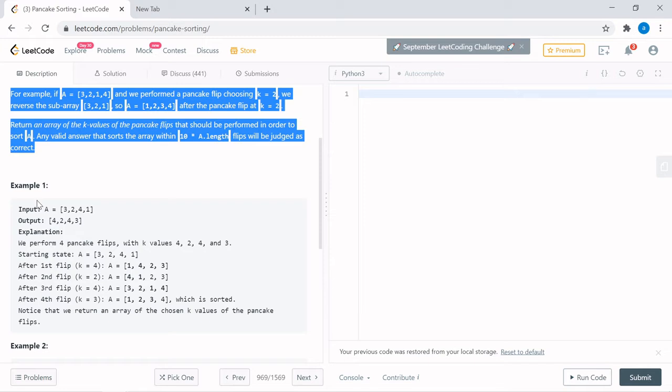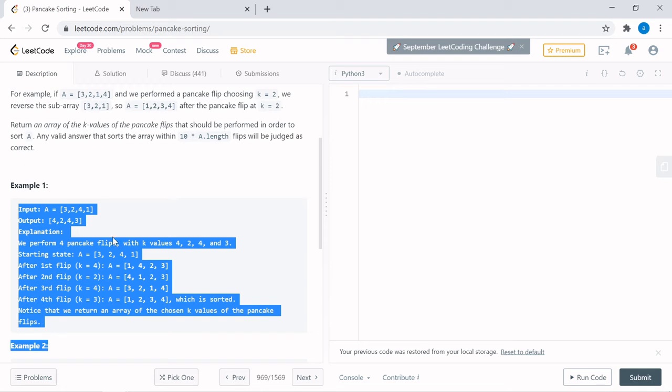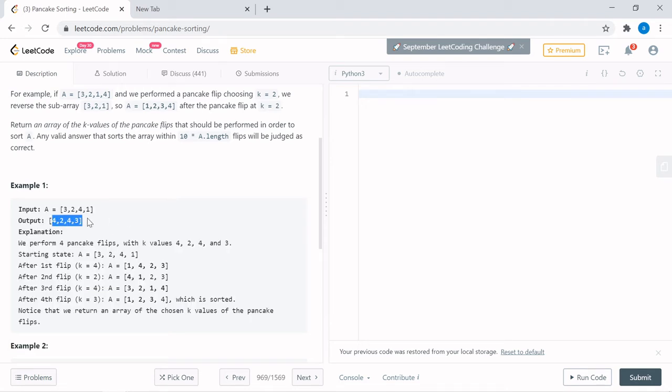So the example given here is an input array and the number of flips performed. Now, for me, I am not able to understand what flips they have taken, or whether or not they have taken them randomly. So the flips that I'll use to make you understand the solution here: this is the input array. They have performed four flips, wherein by four I mean the entire array has been flipped because the length of the array is four, right? All the four elements have been included in the flip. So the resultant version is 1, 4, 2, 3. This is the resultant version when you flip with k equal to four. That means four elements are included, to be simple.